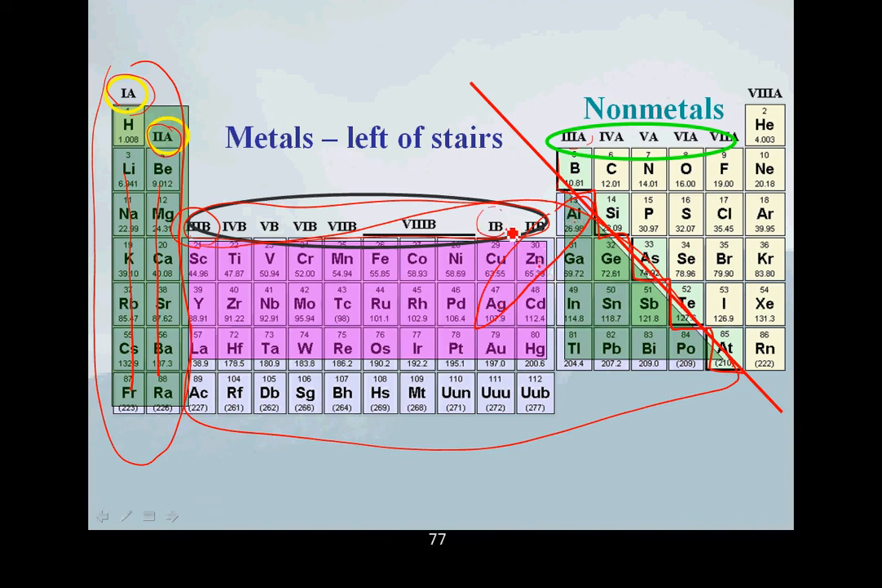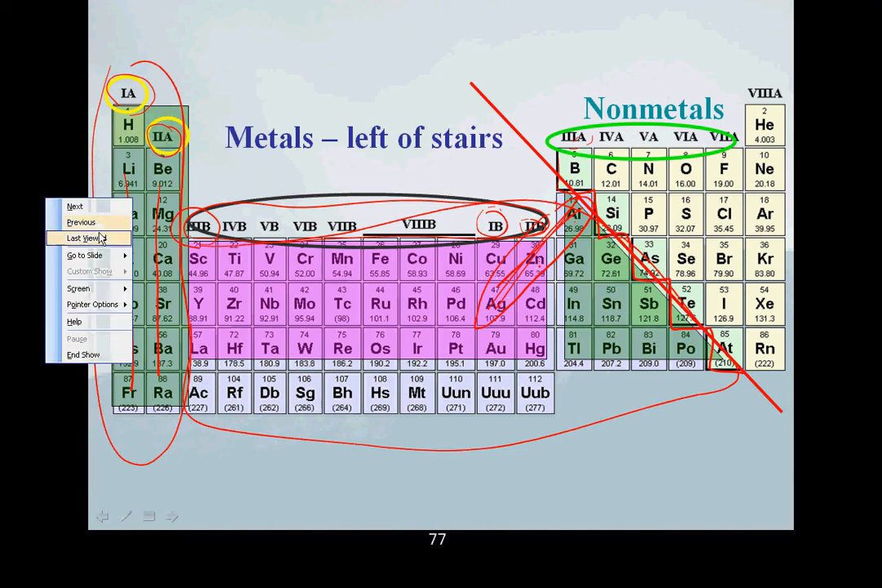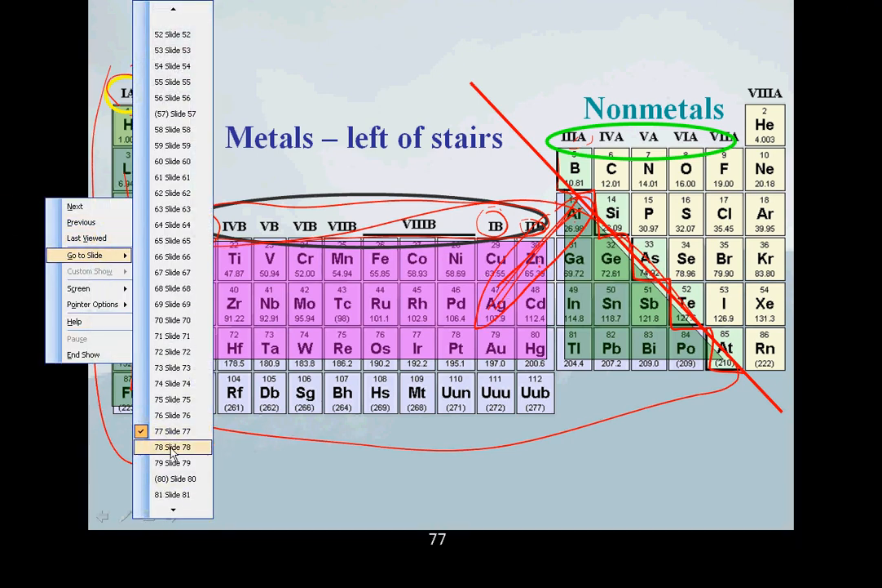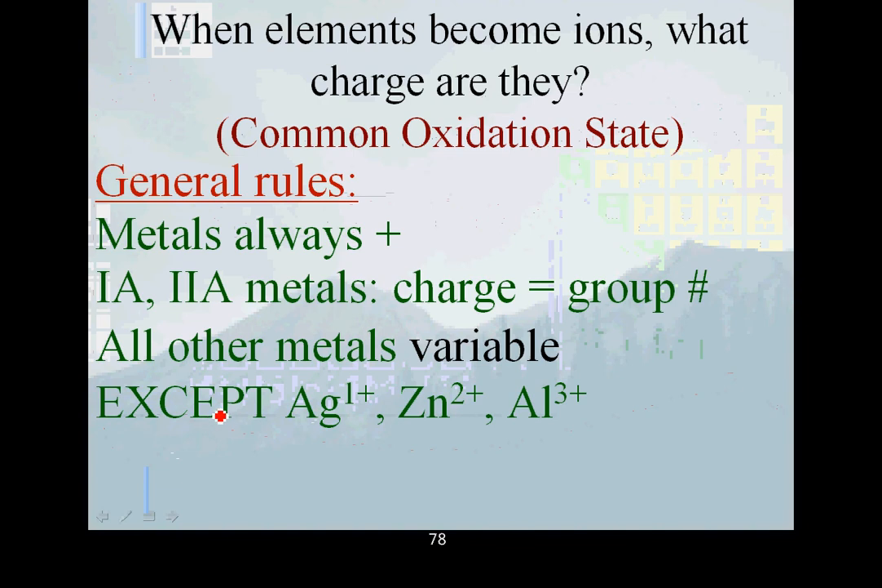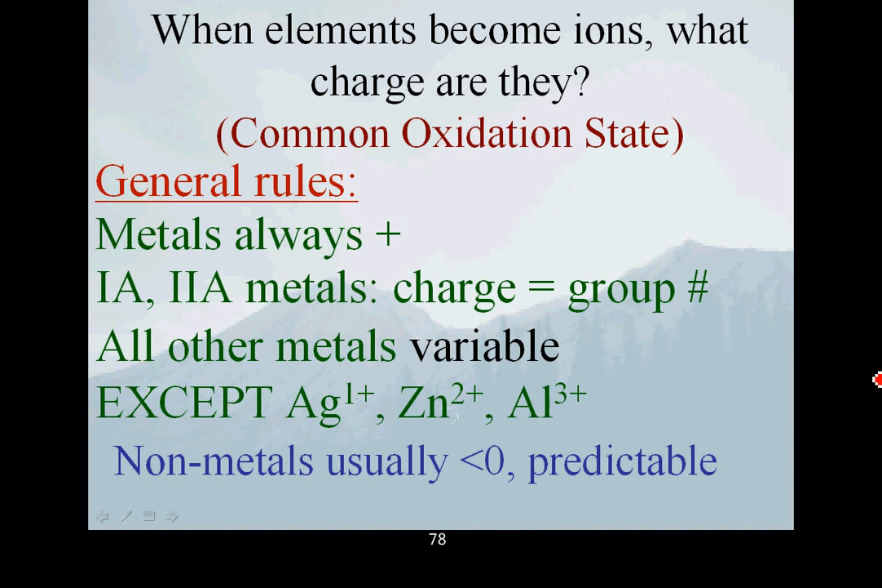How can you remember that? Group 1, Group 2, Group 3, and where they are. Those 3, you need to know that silver is always +1, zinc is always +2, and aluminum's always +3. So we go back to our other slide. So there's our 3 exceptions: silver +1, zinc +2, and aluminum +3. Now the nonmetals are usually less than 0, and they are predictable in their charge. Now the way that they're predictable,